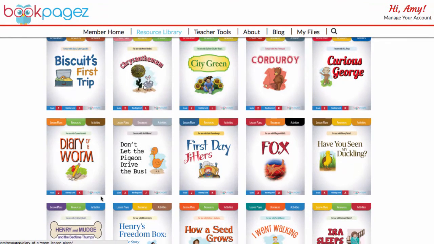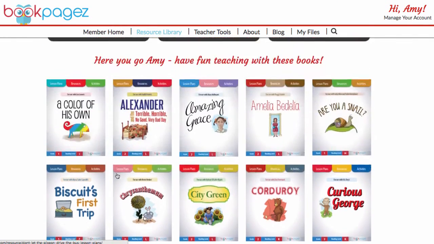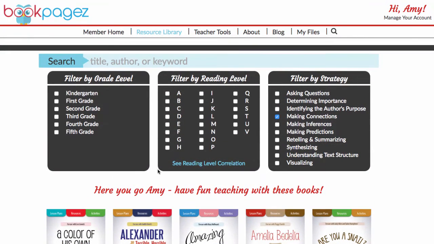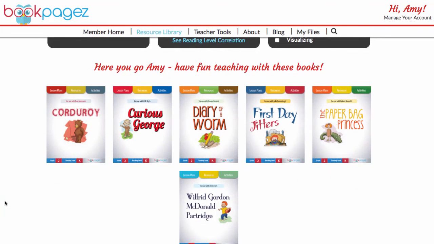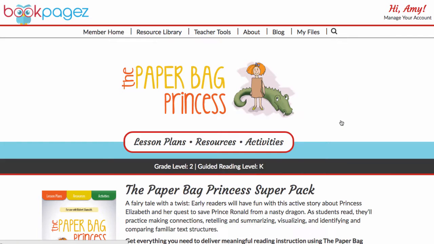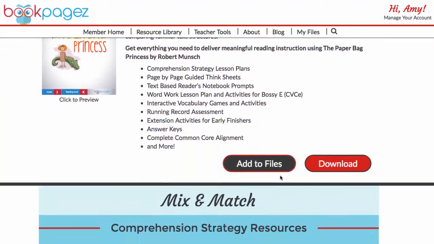Now, Diary of a Worm is a guided reading level K, so I want to find another title that is within range of a level K. By scrolling up to the filters, I can narrow down my search by clicking on K. Now I'm presented with titles that will be appropriate for my set of readers. Let's click on the Paper Bag Princess. Scroll down to the Making Connections lesson plan